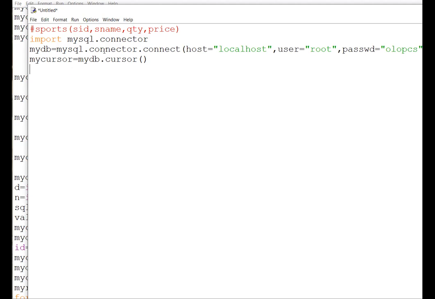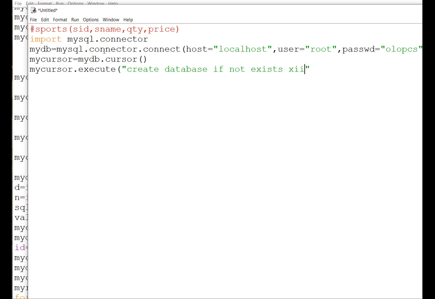Now what we will do, we will make a complete menu driven program. Only we are making and selecting the database. So the very first thing is mycursor dot execute, and the first command is create database if not exists, and then whatever is the name of the database.